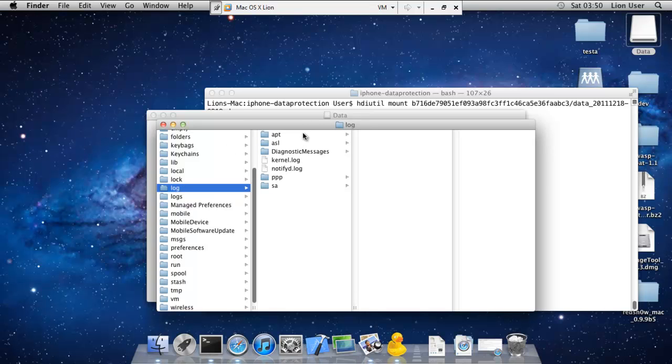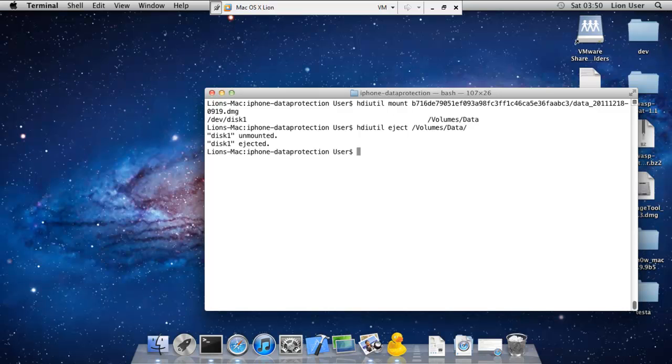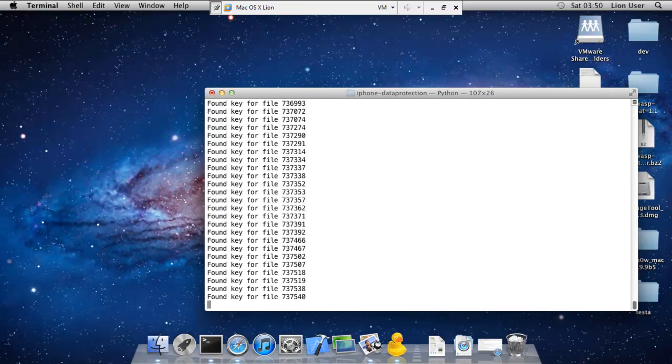The final step in forensics is recovering the deleted files. Before recovering, eject the mounted file system image. Deleting a file on iPhone only deletes the file reference, so it is possible to recover deleted files. With the help of the EMF undelete Python script, we can recover some of the deleted files. Later, again, you can mount the file system and view the recovered files.